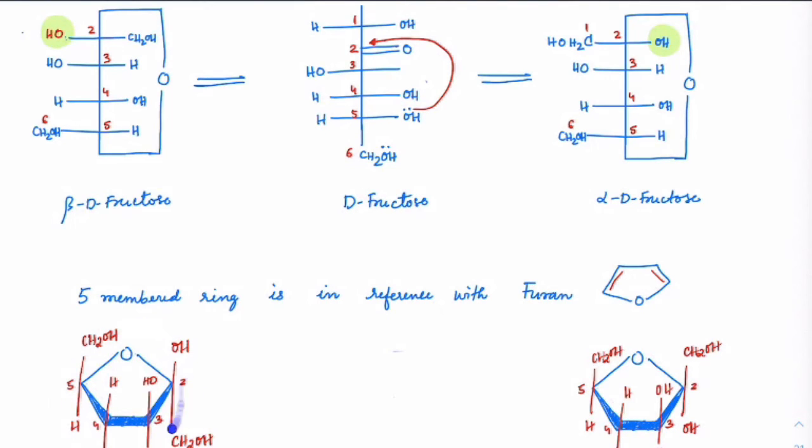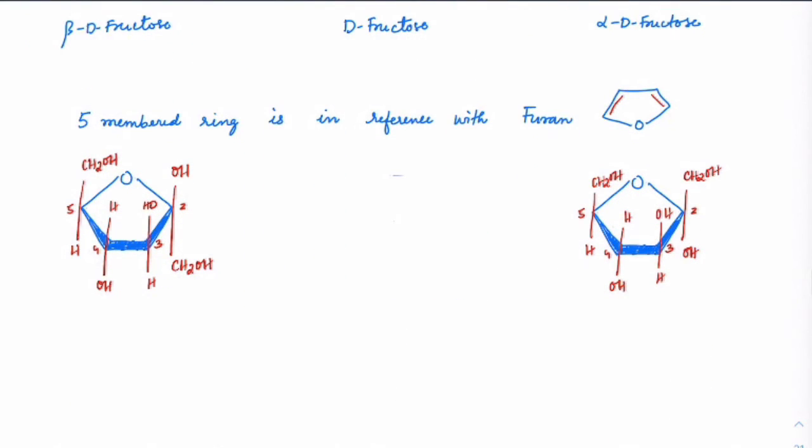This is the beta-D-fructose, this is the alpha-D-fructose. And it is coming in reference to furan, right? So that's why it is called alpha-D-fructofuranose. In fact, if you check its angle, both of them were giving levo-rotation. So that's why it is written as alpha-minus-D-fructose. This minus represents levo-rotation. This capital D represents the family from which it is coming. Okay, that is D sugar.